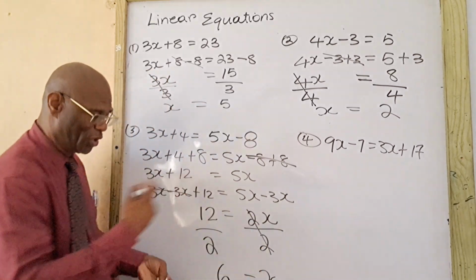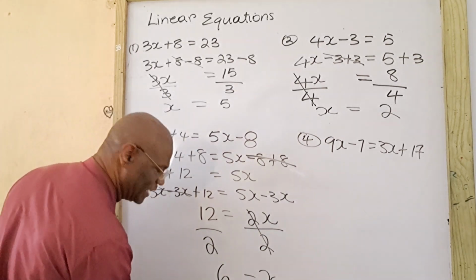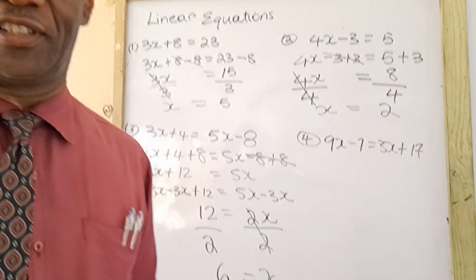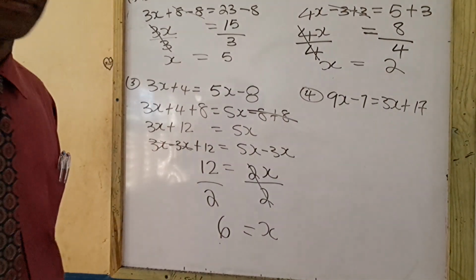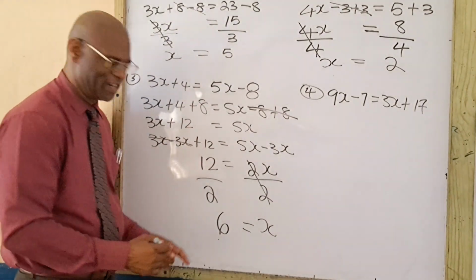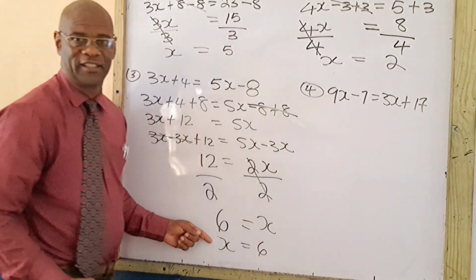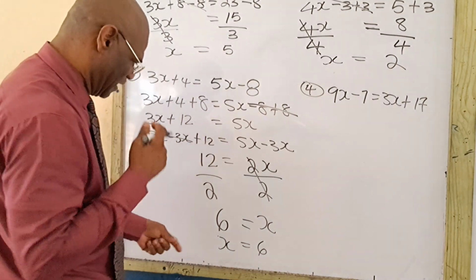So you can always turn it around to say x equals 6. Okay? Now we can put it back,